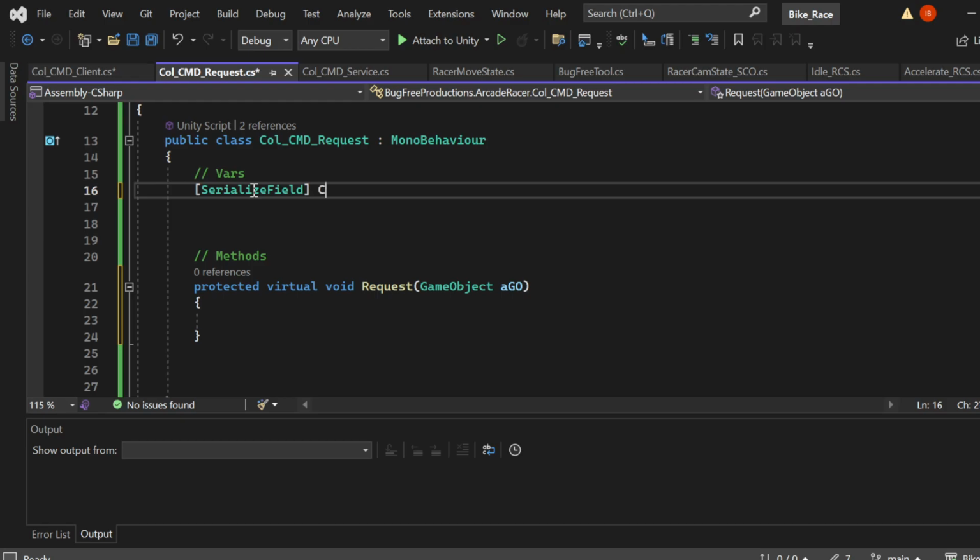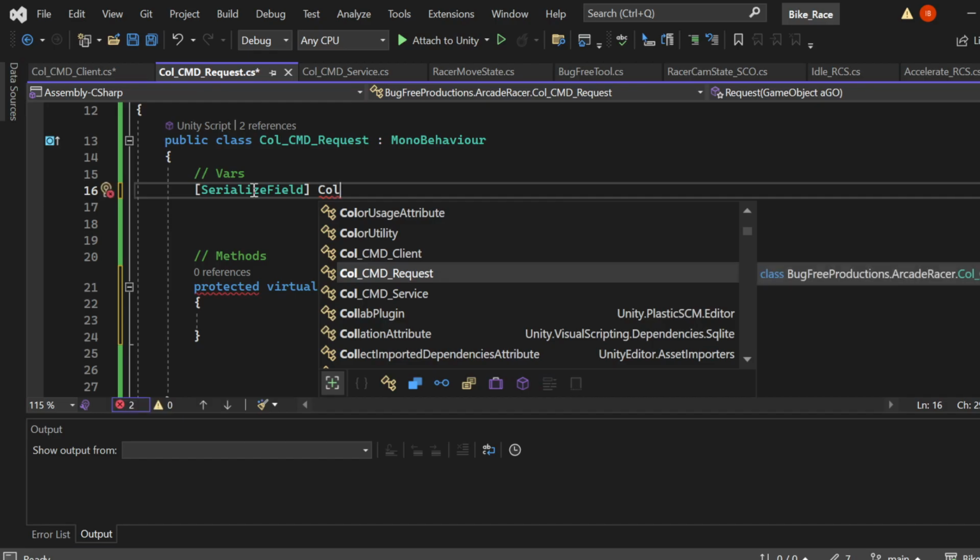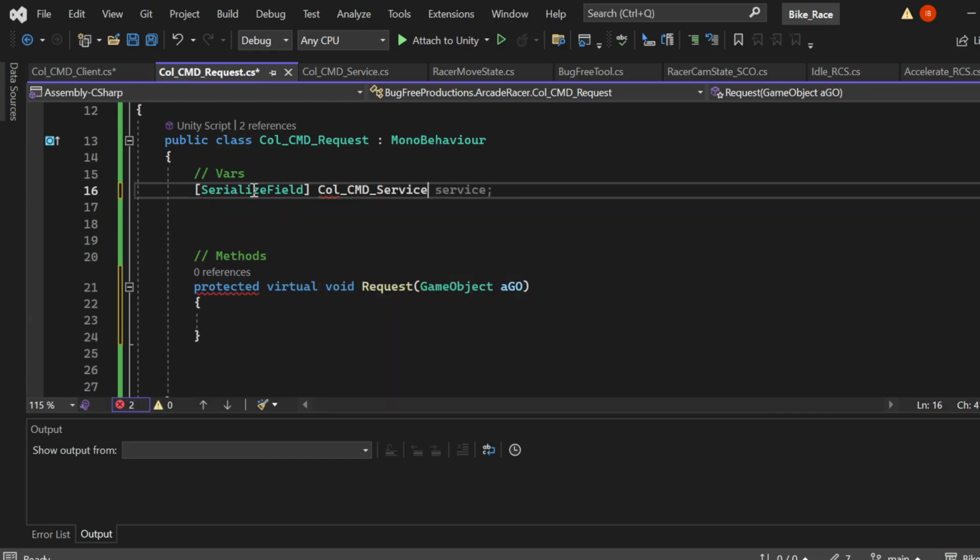So that'd be COL command services, and it's going to be an array. Call command services. Does that just define it? Zero? Something's screwed up here. Nope, nothing's wrong. I think we have to do,